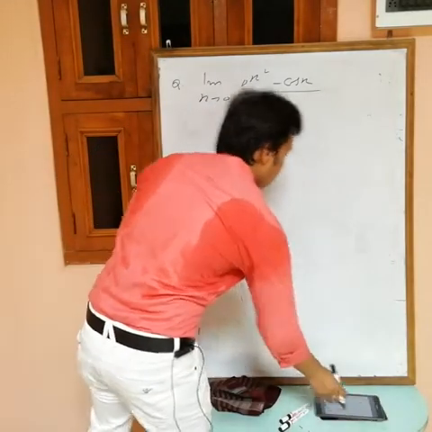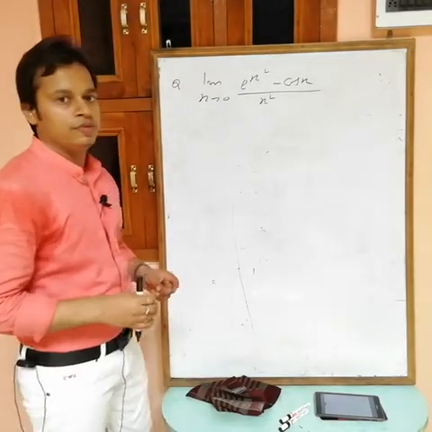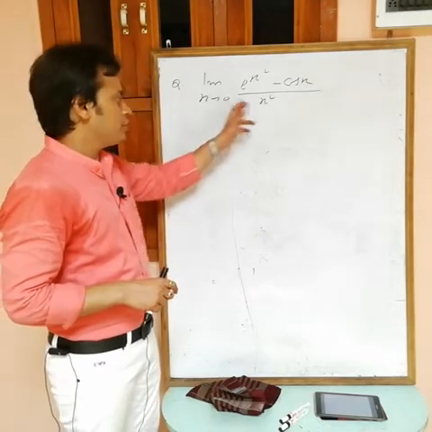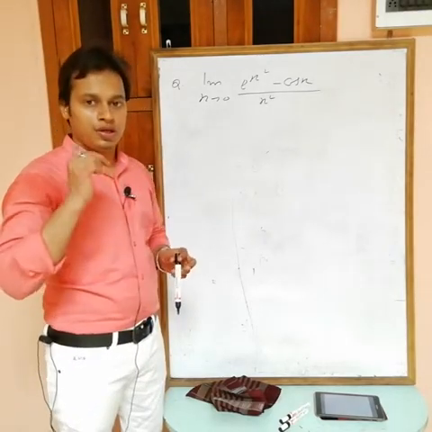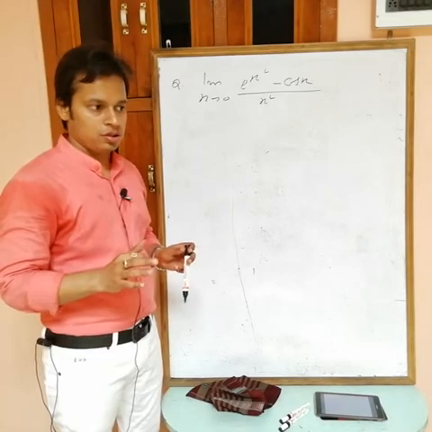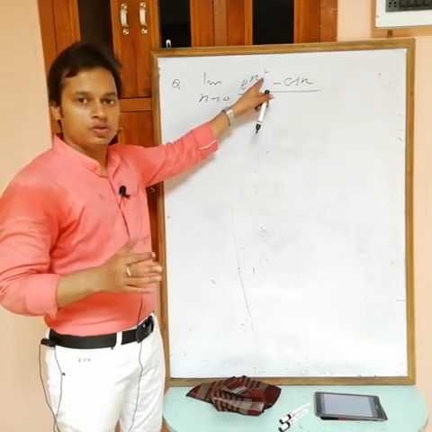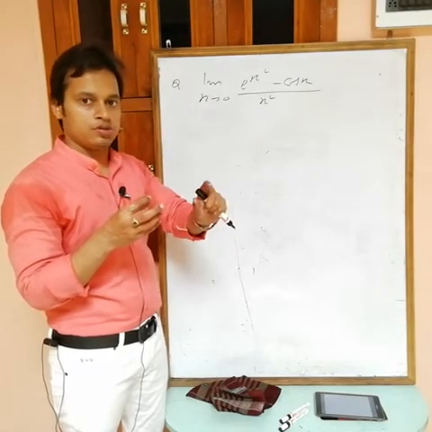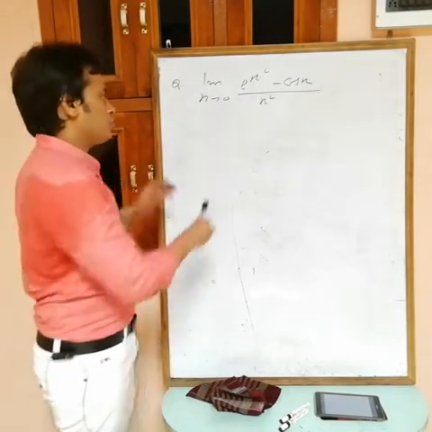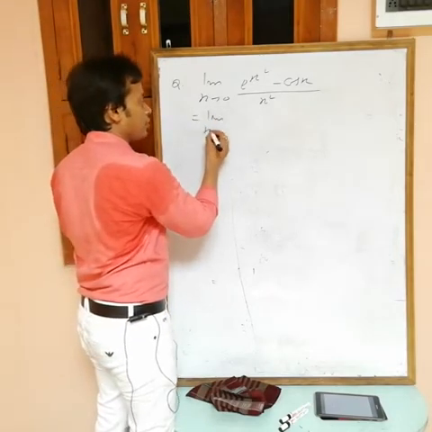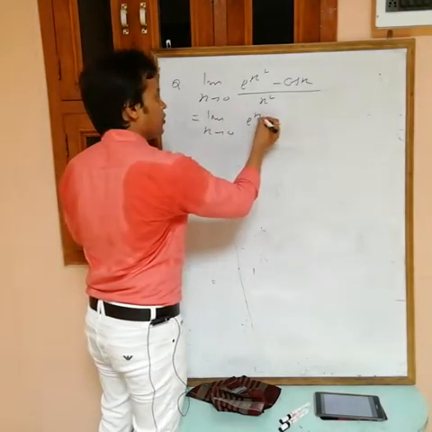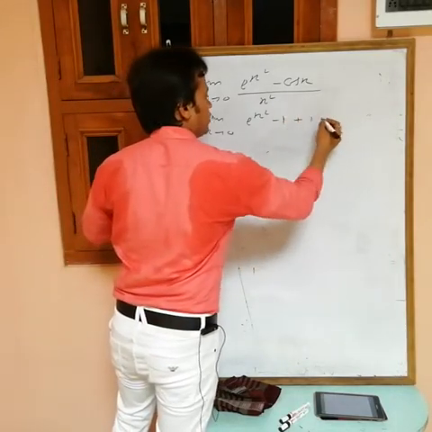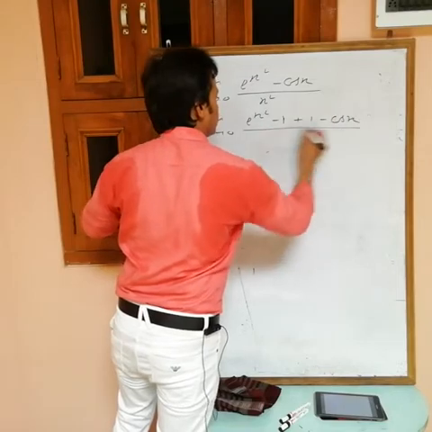Okay. Now you can't take cos x common because this is not in the exponent. Actually, in the denominator we have x², so for the form (e^x - 1)/x, the x must be x². So what we want is (e^(x²) - 1)/x², so we want the minus 1 there: add minus 1 and subtract minus 1. So e^(x²) minus 1, and I am subtracting 1 and adding 1 minus cos x, all by x².